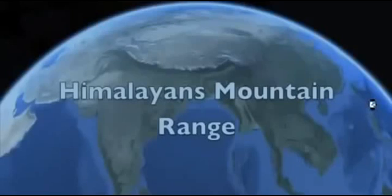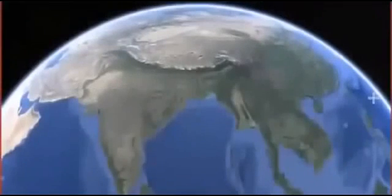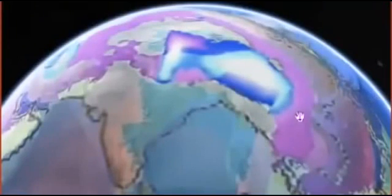Yeah, that makes sense. Let me give you a quick view of the Himalayas. So you see how it has a semicircle arc to it? Yeah, I was just looking at that. Well, take a look at this real quick. This is a satellite map that NASA did that shows the gravity. The darker areas show where gravity is the heaviest or greatest. You're heavier in this area of Earth than any other portion of Earth,